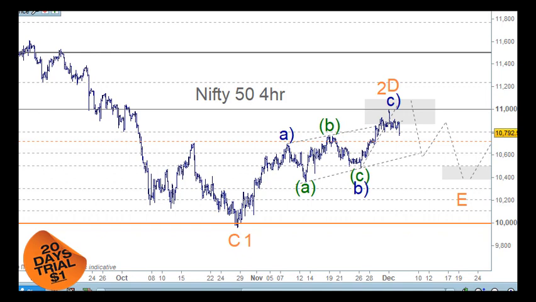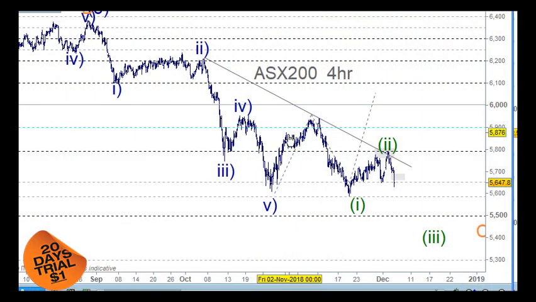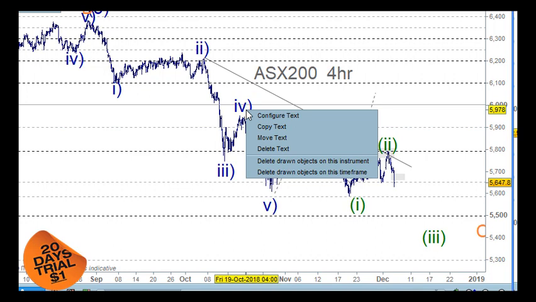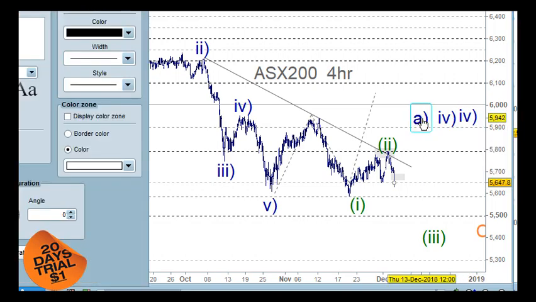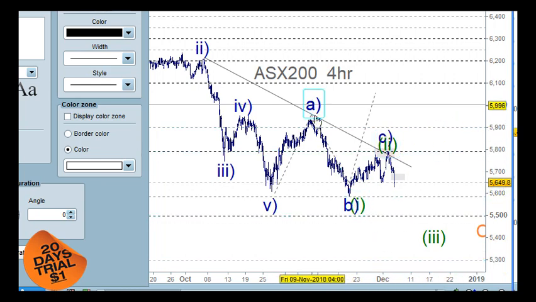So coming back to the Australian market here, just looking at this as a corrective pattern. All the other markets around the place, to just get this straight, were pretty much like an A, B, and C wave. But this move down, in most cases in the US markets and the other markets we just looked at, was in 3 waves. But in this case, we've got 5 waves here.